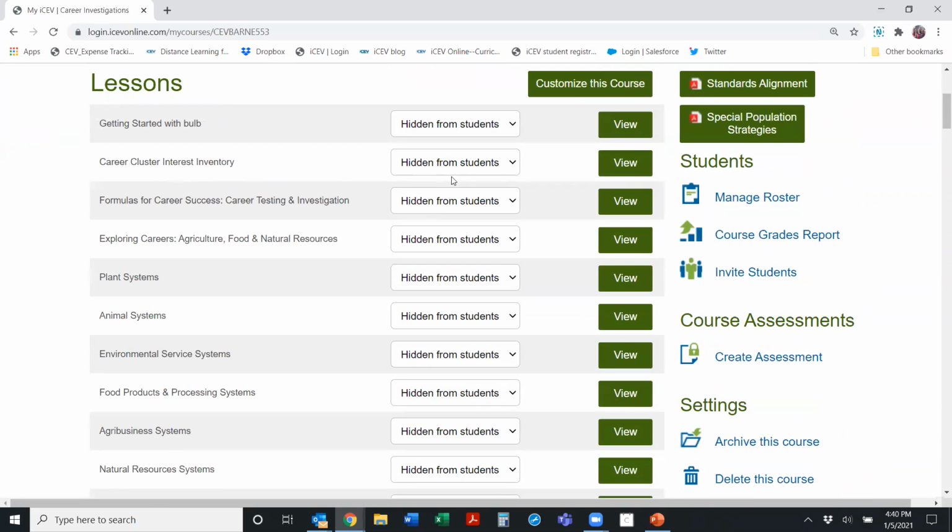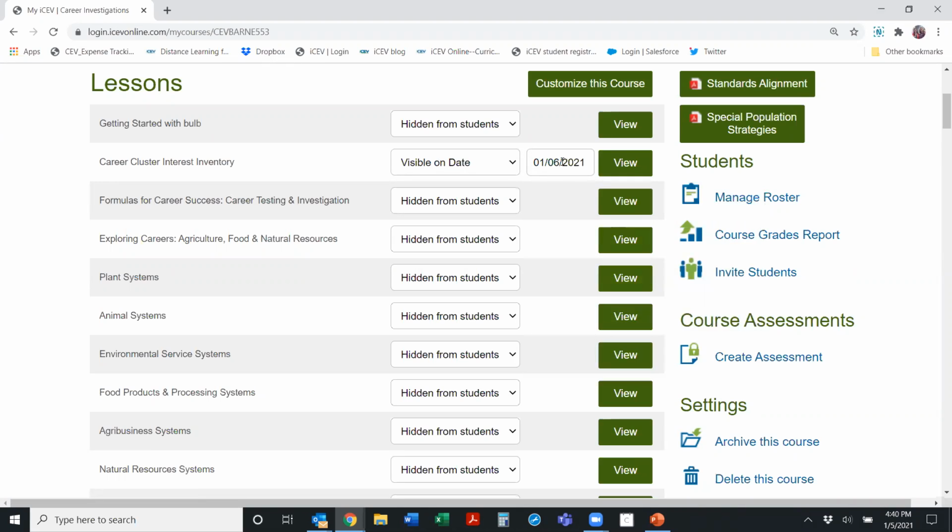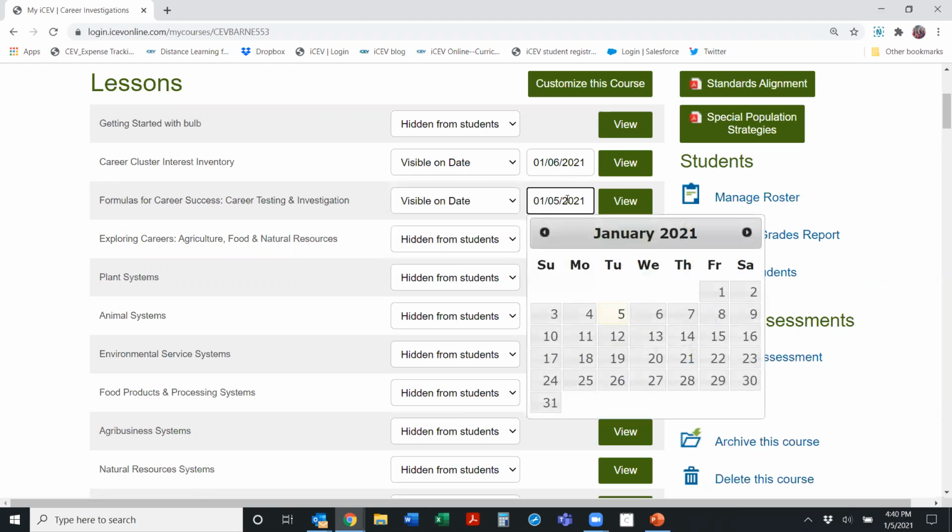Now earlier, April was asking about making lessons available to them and you would have them do those lessons based on their interest, the results of their interest inventory. So let's say tomorrow I want my students to be able to do the career cluster inventory. So I'm going to say visible on a date and I'm going to make it the 6th. But then all of the pathways I want to be visible after that date as well. Actually, I'm going to make it on the day after.